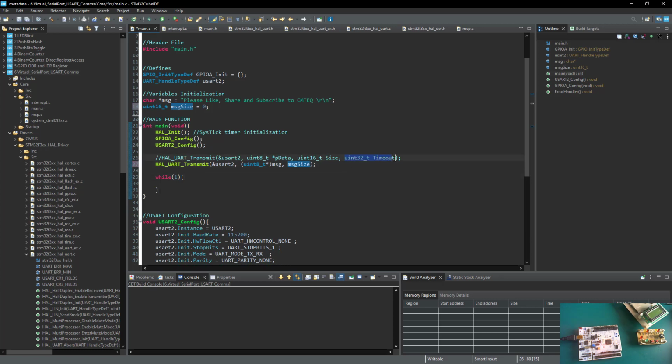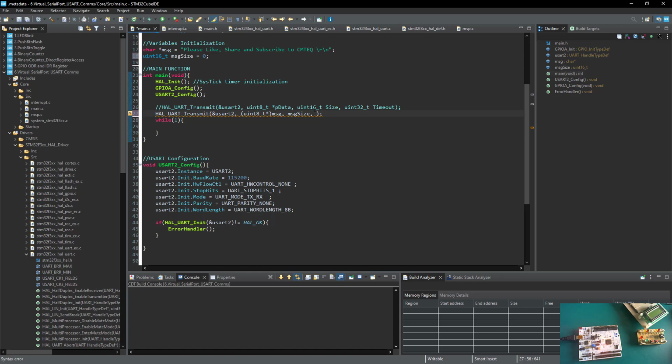Now we can go to the last parameter here. The last parameter here is a timeout, because when you are transmitting, you need a timeout, because it's going to try to transmit in case there is something on the way. It will try to transmit a few times, and after which, if there's still no success, it needs to time out and wait again for the next instruction. So you have to include the timeout. Now the timeout that we're going to include here in our transmission, we can get it from this header file here,